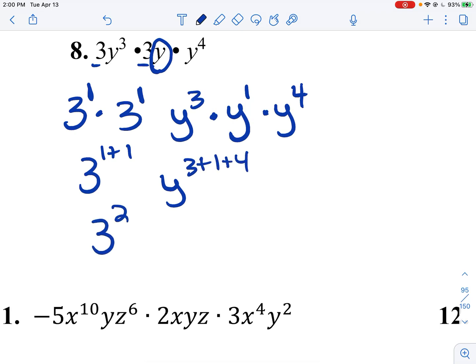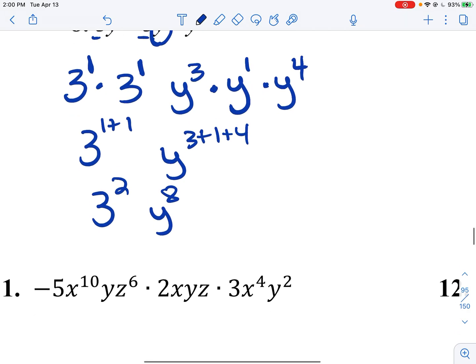So I get 3 to the 2nd power, y to the 8th. Now 3 squared, you should know what that is. That's 9. So our answer should be 9y